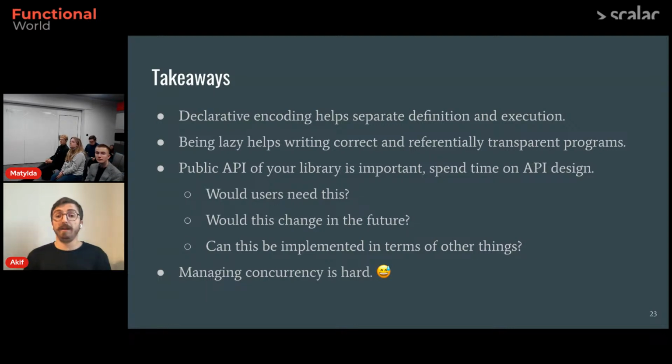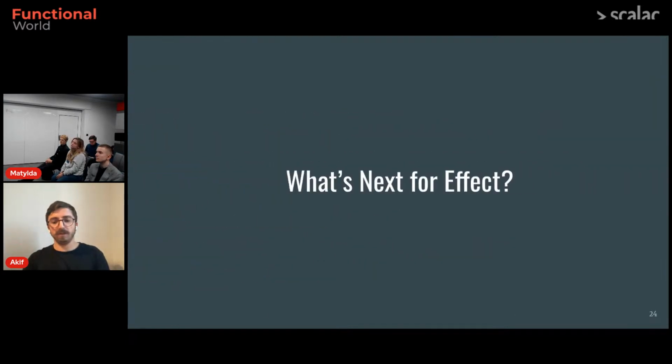And lastly, managing concurrency is really hard because I am still having issues with the asynchronous part of my library. So you are welcome to contribute if you want to. This entire effect library is open source. It is, if I remember correctly, using the MIT license, and even though it started as just an experiment to me,